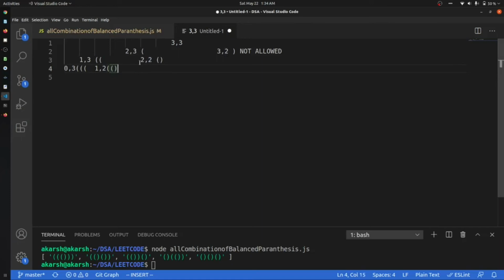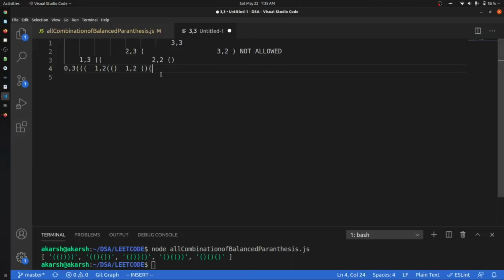Okay, let's come to this point. So it will be 1 comma 2. It already had this open and close, so it will add one more open.